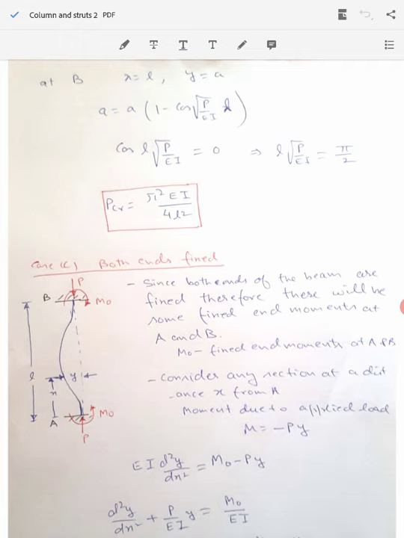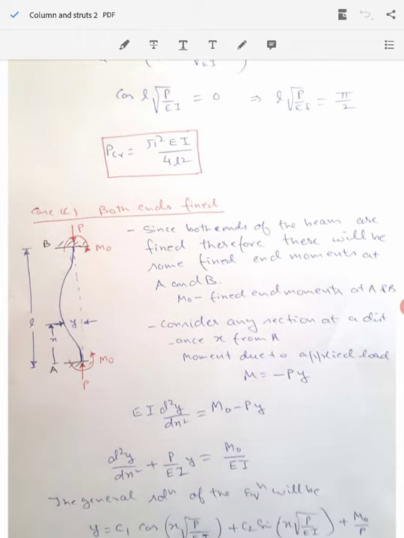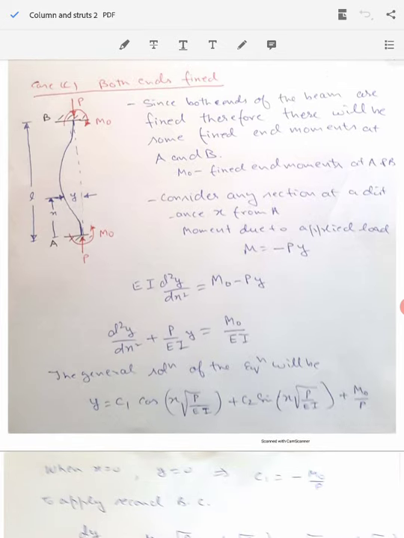Now in today's class we will talk about both ends fixed. We talked about two conditions. One is the hinged end, another is the cantilever end. So this is the third condition that we are going to consider in today's class, that is both ends fixed. What you see in this figure here is a column having the length L, with one end A and another end B. It is fixed on both the ends. So at the end A it is fixed, at the end B it is also fixed, and we are applying the axial load P on it, and we want to calculate the critical load value for this.